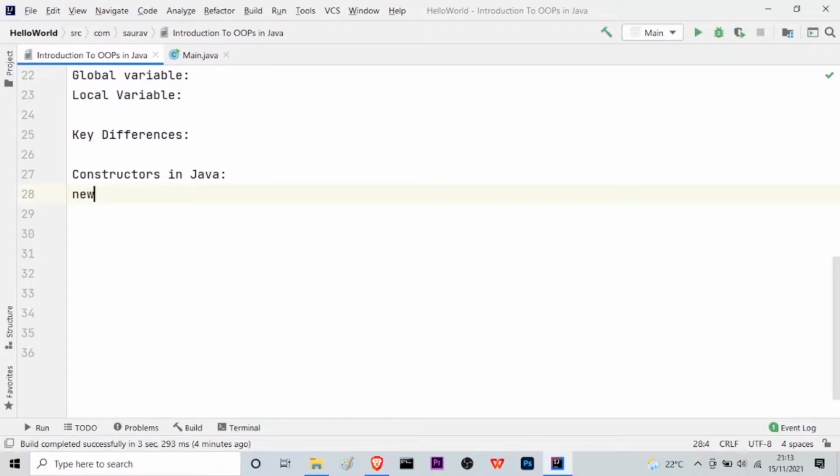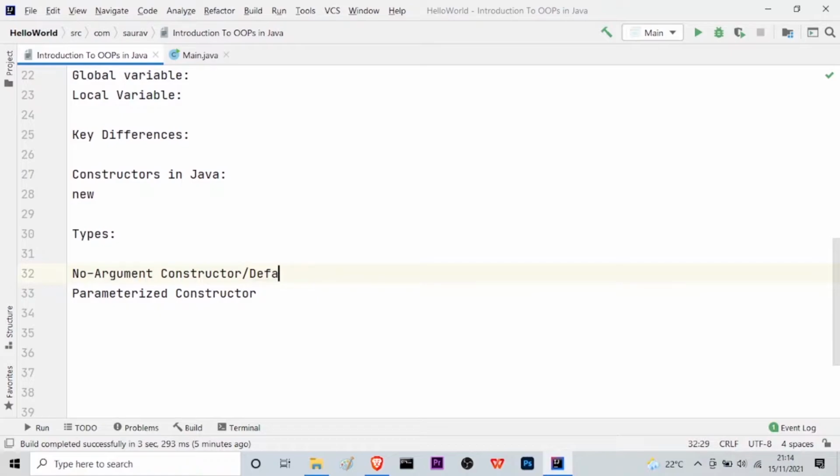Basically there are two types of constructors. Let us go on to the types. They are the no argument constructor, and the second one is the parameterized constructor. These two are the main types, and we also have something called the default constructor.